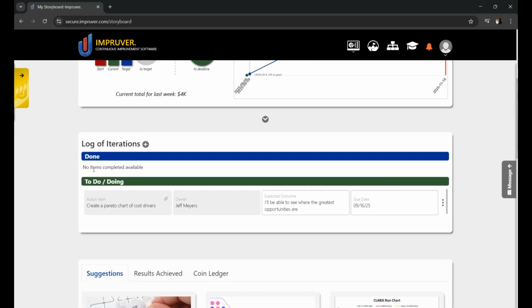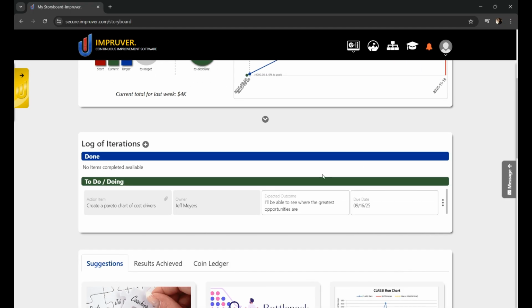Just below that, you'll see his log of iterations. He hasn't completed anything yet, and he's got to complete this Pareto chart, and he's got a week to do it. Now, as you can imagine, if you've got a coach that is disciplined, that's consistent, that meets every week